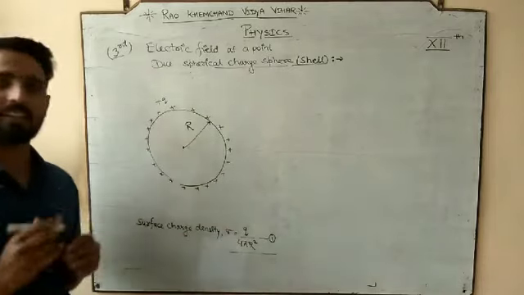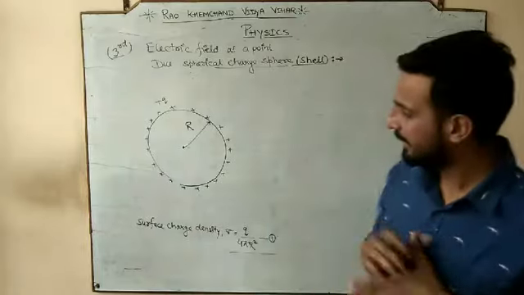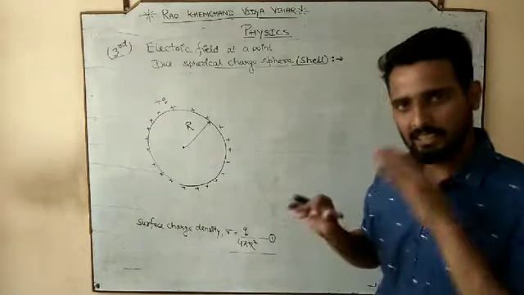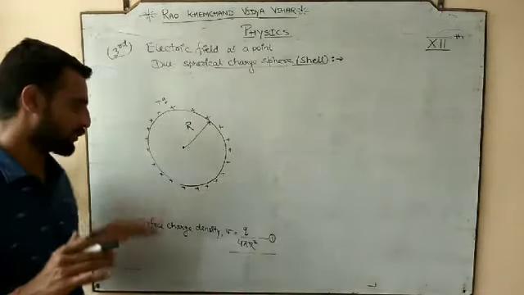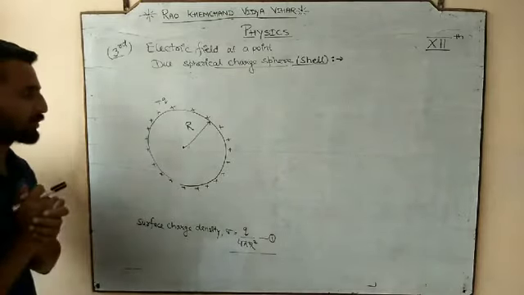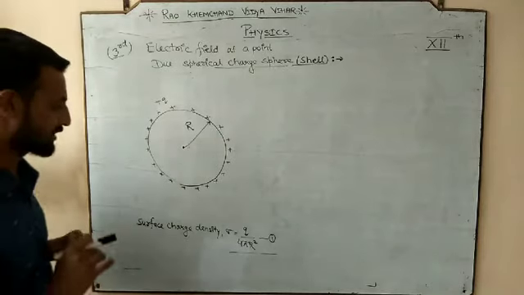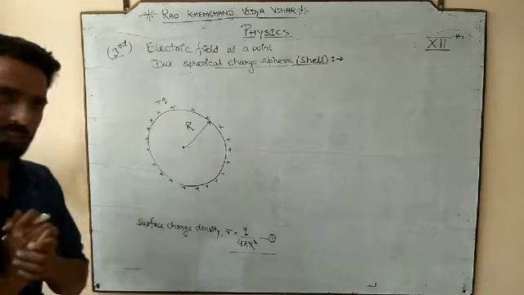This is the important thing that we have already prepared, because this ingredient is going to be used at the last, and I will tell you how and when it is going to be used. So let's suppose we have a spherical shell of radius capital R, and plus Q amount of charge is given to it, distributed uniformly all over the surface.